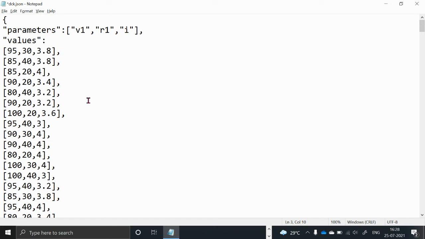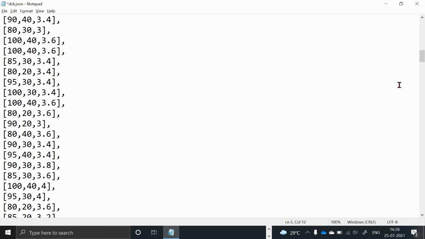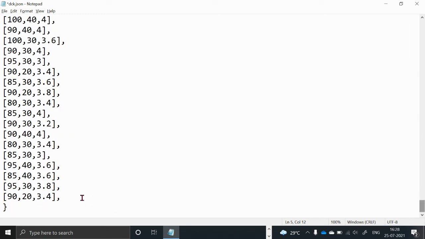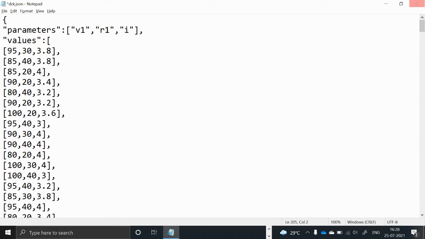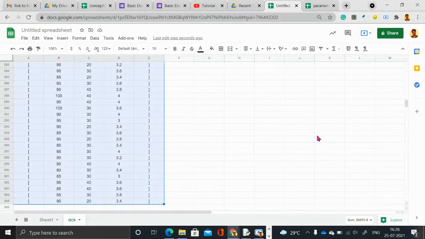The only thing I have to be careful about is the opening bracket here, because this is an array of arrays. So opening square bracket here, and this is the first element, second element, and so on. I go to the end, and then I remove this comma because that is the last element, and then closing square bracket, and this closing flower bracket for the entire JSON object. All this syntax you should be careful about. Now I save this. So now I have both the files ready.